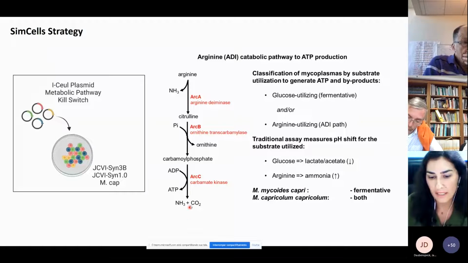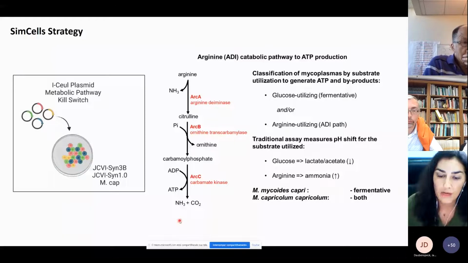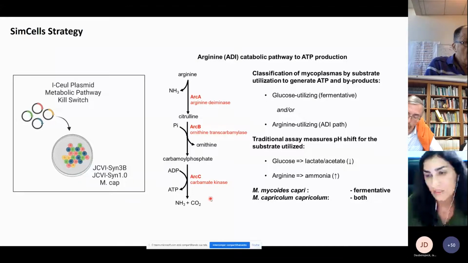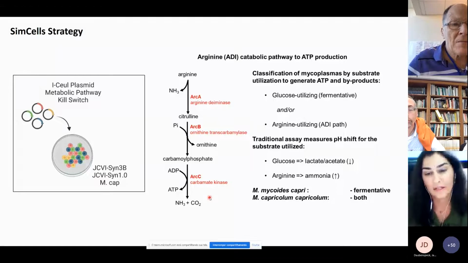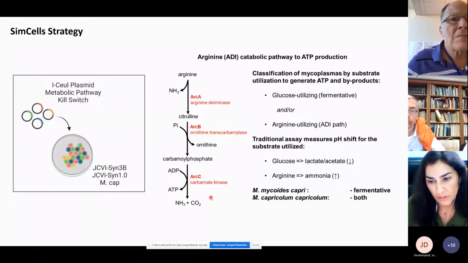And this is easy to check because this pathway will produce NH3 plus CO2, which will lower the pH of the culture medium. So it's easy to see. You can check it only with the change of color using the pH of the medium. Another interesting thing is that this pathway also produces ATP, so it can add more energy to the system, and maybe it will give the cell a longer life, let's say, not life, but at least the system will be functional for longer with another ATP. And also the third construction would be a kill switch, because the system is functional, but even though